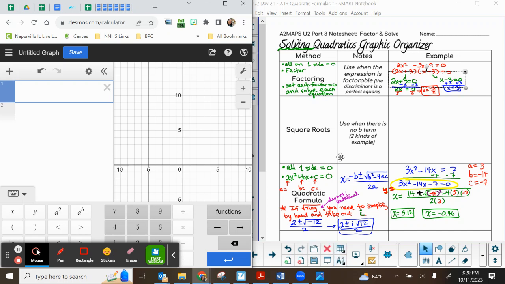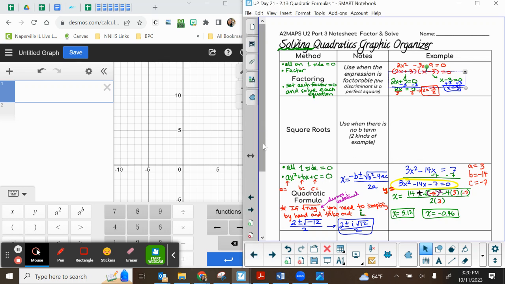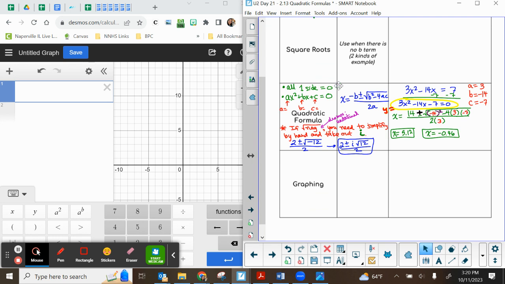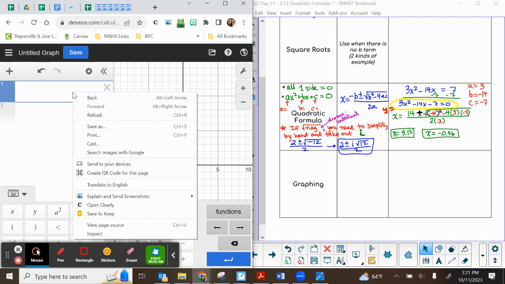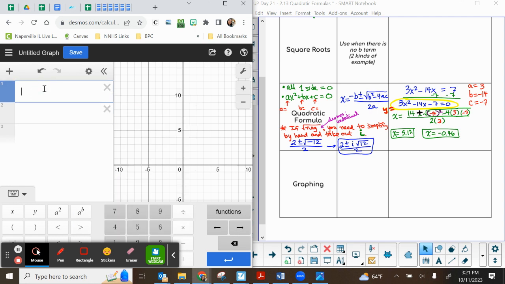Okay, so we are talking about the quadratic formula. In class, we talked about how for the quadratic formula, you would need to get everything onto one side equals 0, and then figure out your A, B, and C, and you can just type this into Desmos. So we talked about how you can type in 14 and then just start with a plus, and then square root, which is down here, or you can type SQRT,